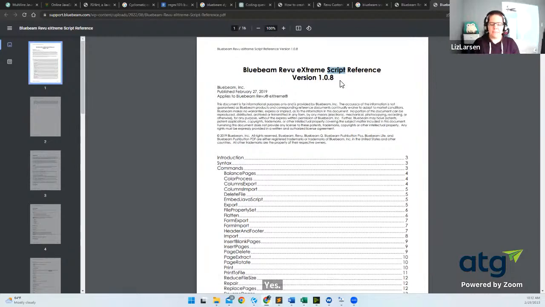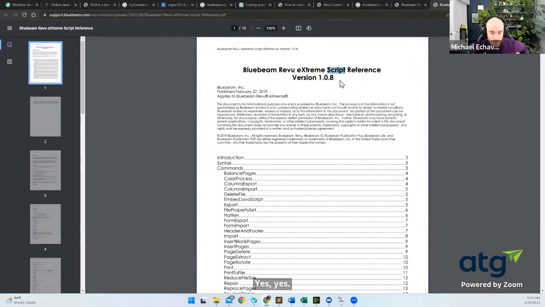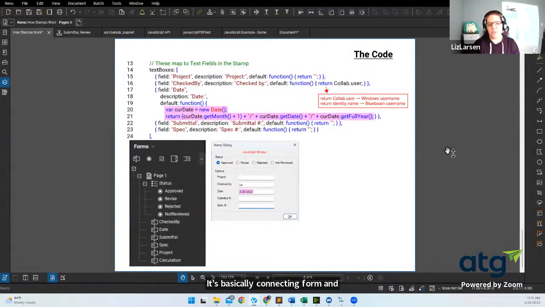Yes. A macro button that allows you to do a bunch of commands that are already existent in Revu, whereas JavaScripting is auto population of form information. It's basically connecting form information into your stamps. Yeah. And JavaScript can do other things. So,